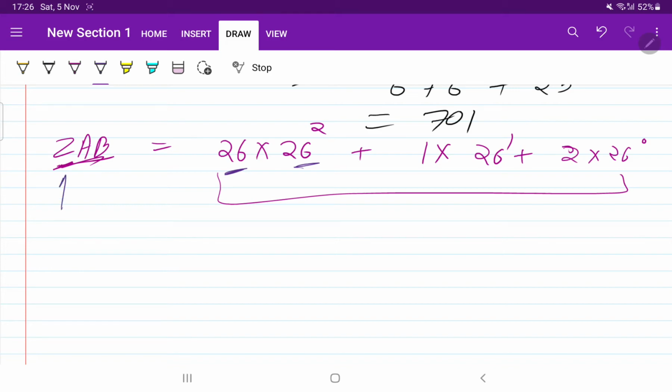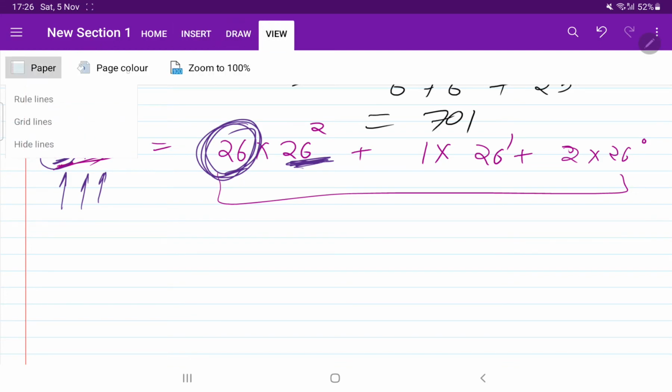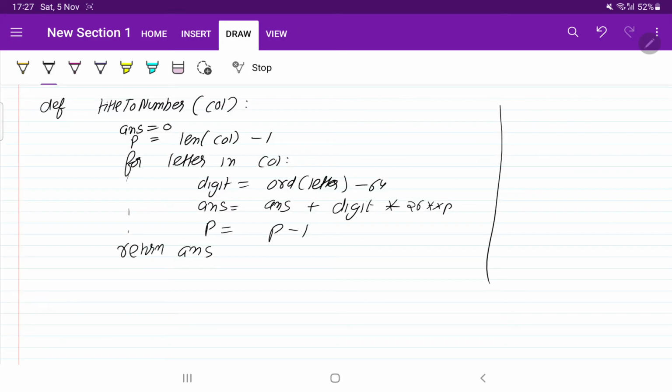So what we will do is traverse each element. First of all, we will find the value of the element, then we will multiply it with the power, and then we will do the additions. Okay, so this is the concept. Now you can pause the video and try to write the solution on your own. Okay, so I hope you have written the code on your own.